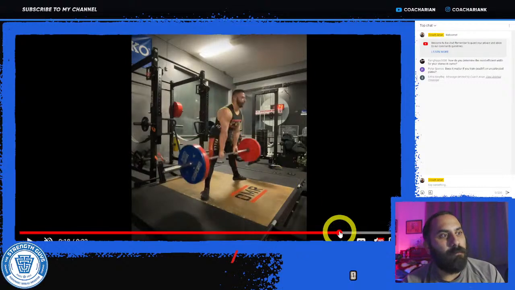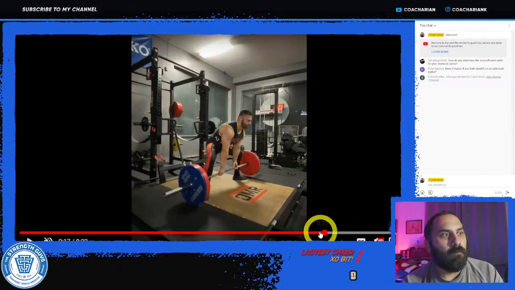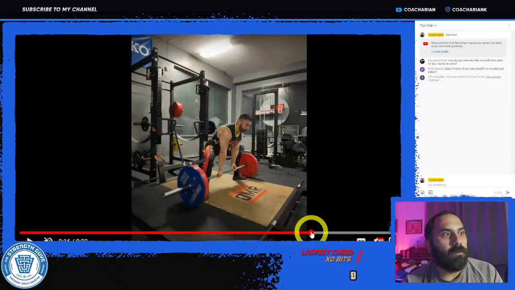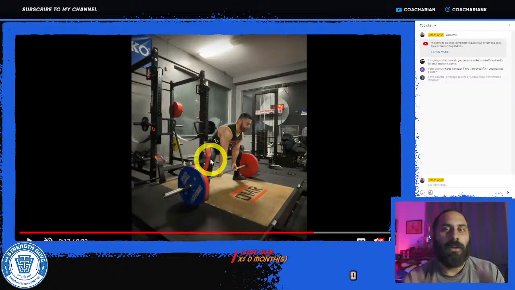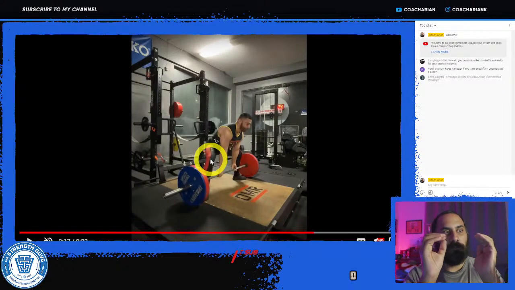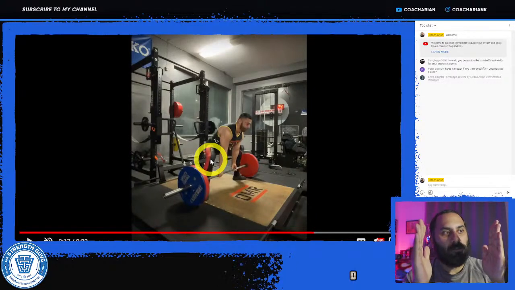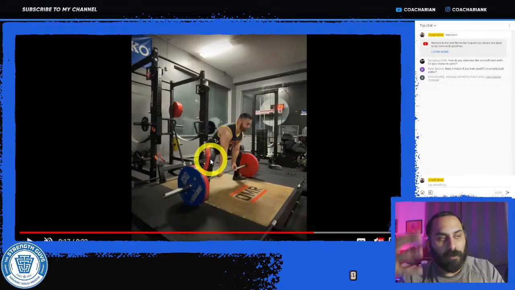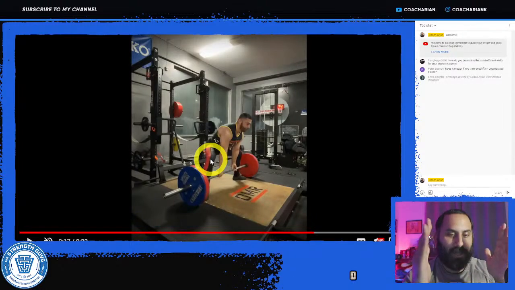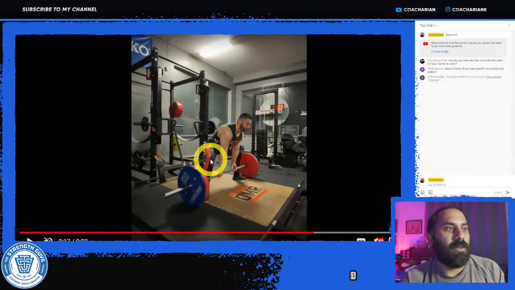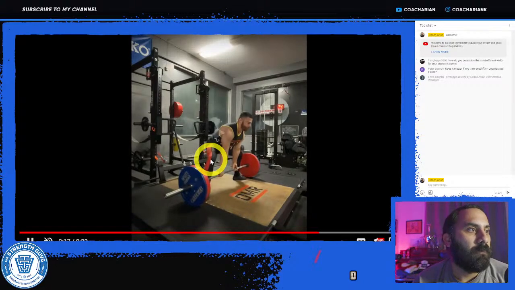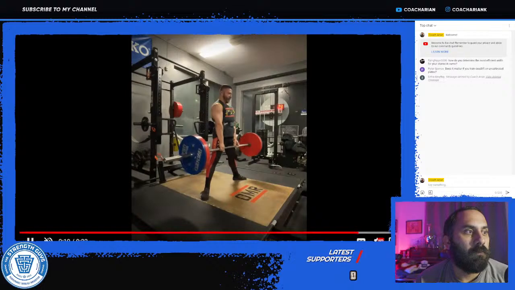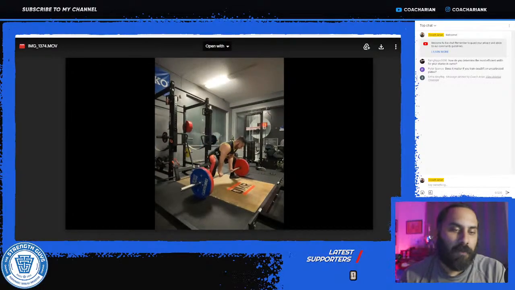And then a very minor thing, you might not even be able to fix it too much, is the knees come in very little right there too. And so those knees coming in a little bit too could be shifting the bar forward. So with the correct starting position, driving the feet in the ground, having a little bit higher hips, you'd potentially be able to keep those knees out rather than having them collapse in. But again, it's very small stuff there.